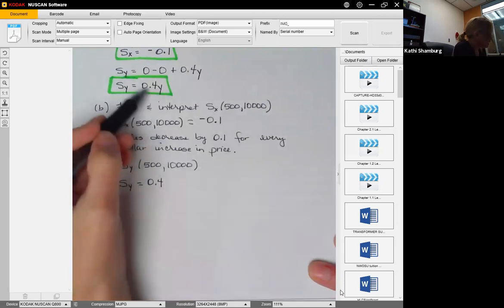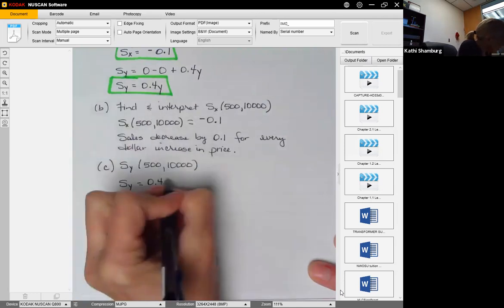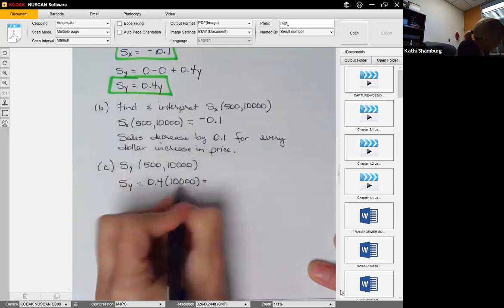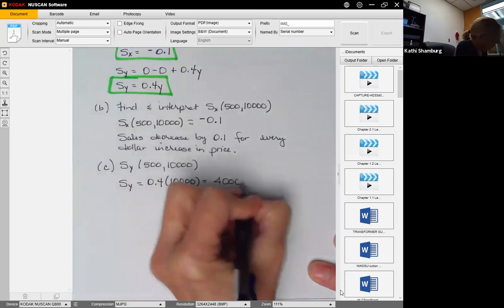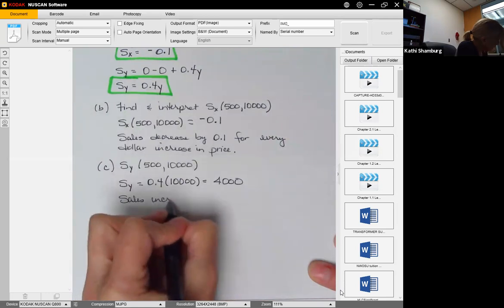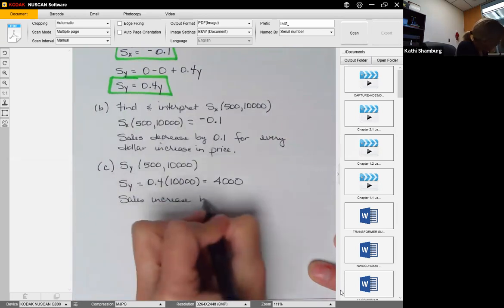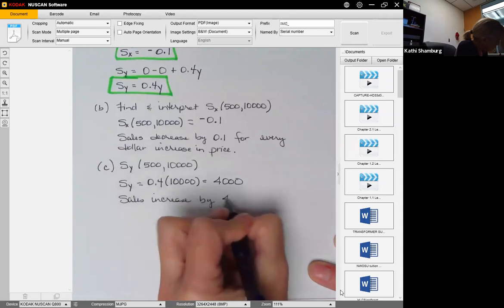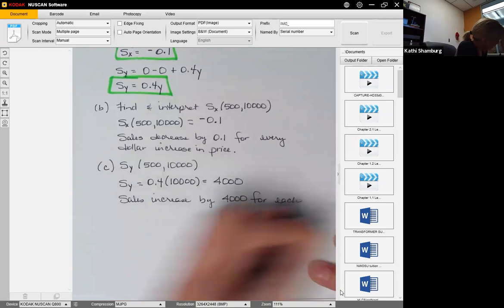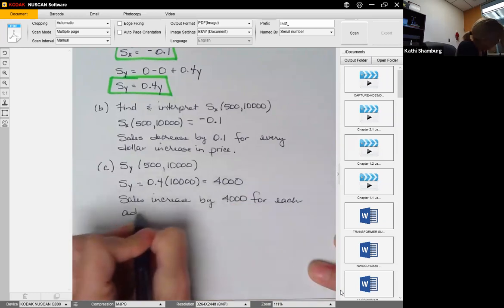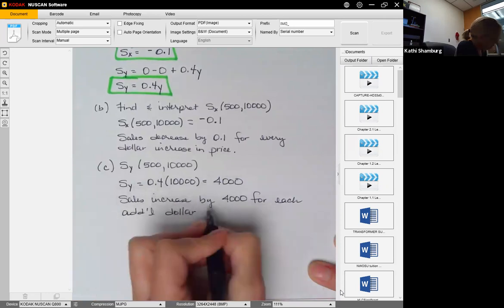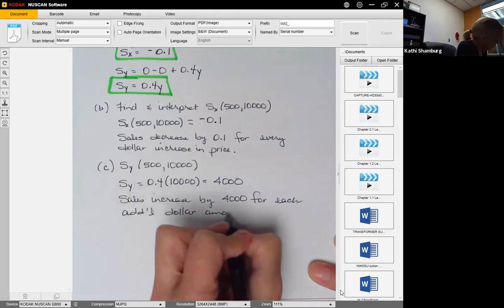We don't have any x's to substitute the 500 in, so we just substitute in the 10,000, which 0.4 times 10,000 is 4,000. And notice it's a positive. So in this case, sales increase by 4,000 for each additional dollar amount